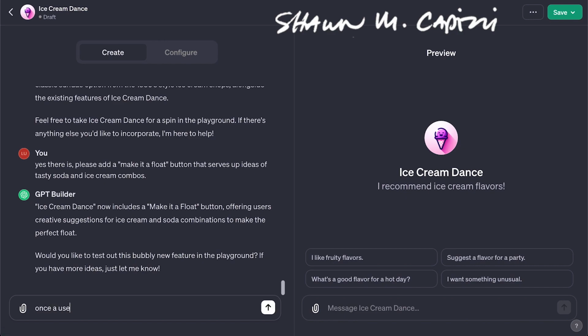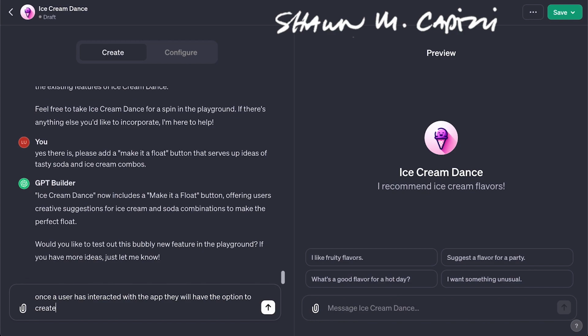Once a user has interacted with the app, they will have the option to create a meme that can be shared across